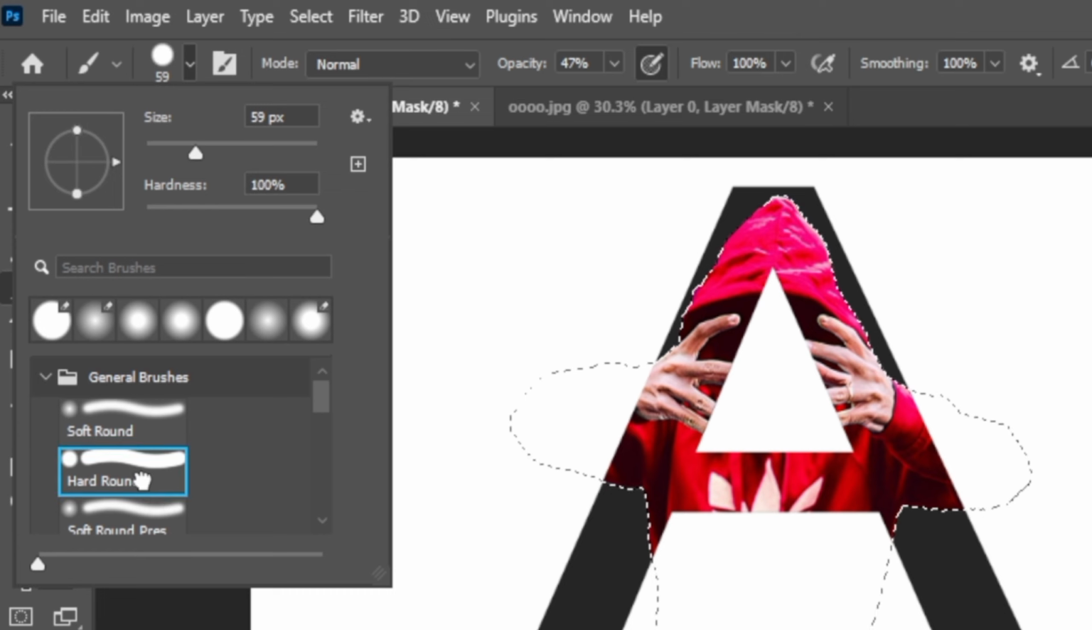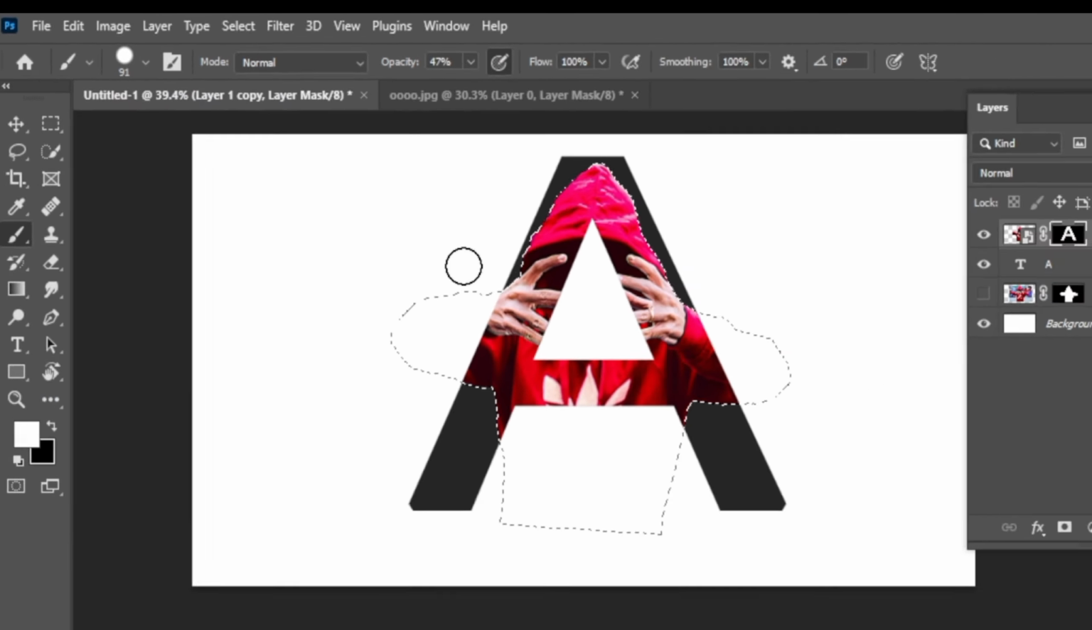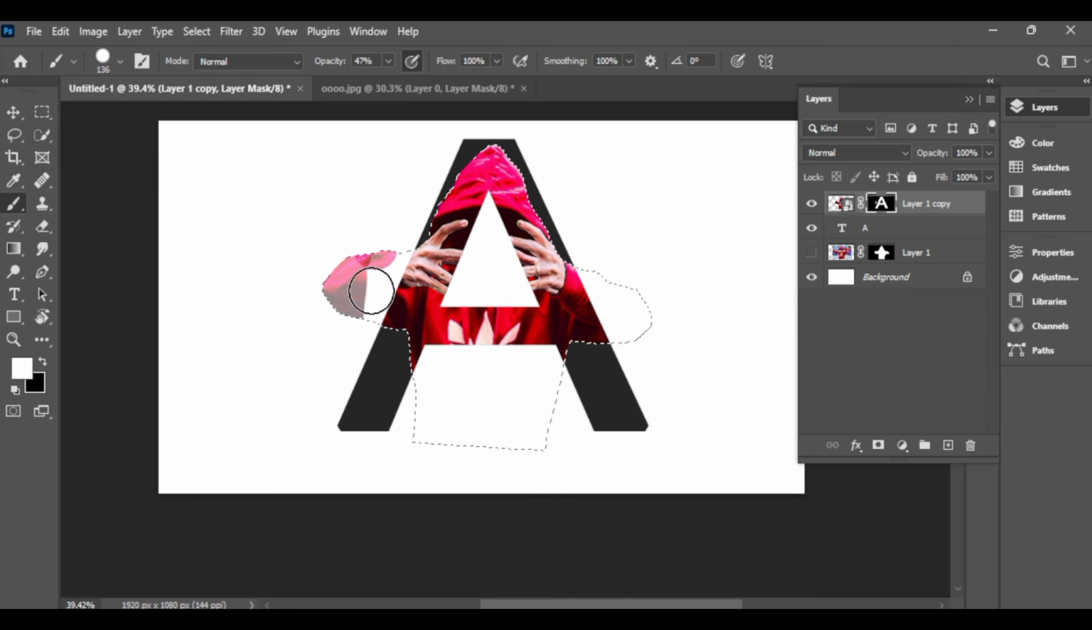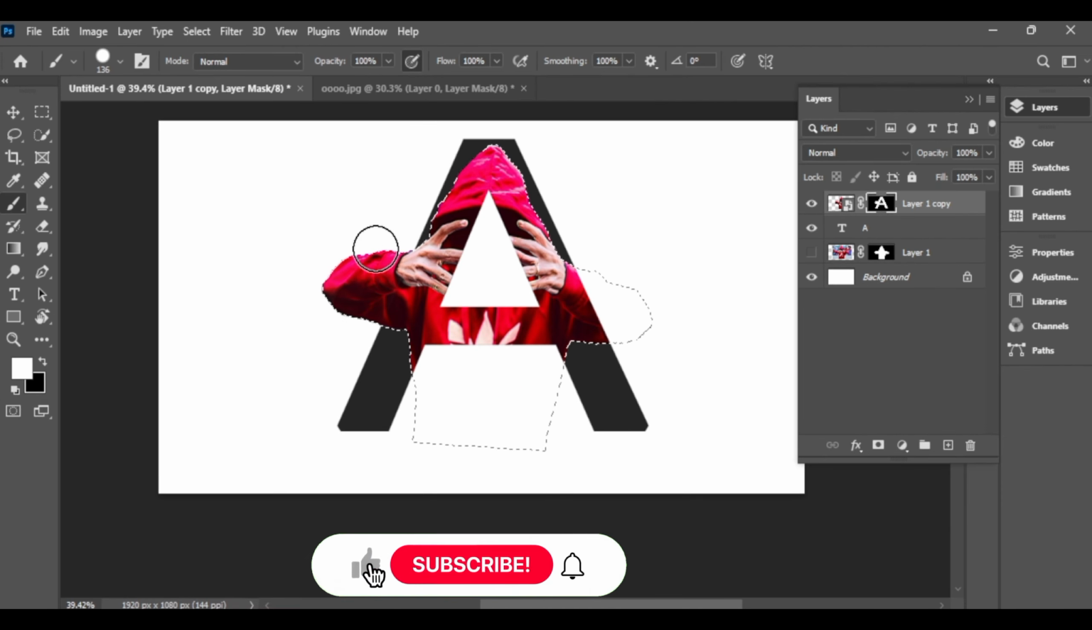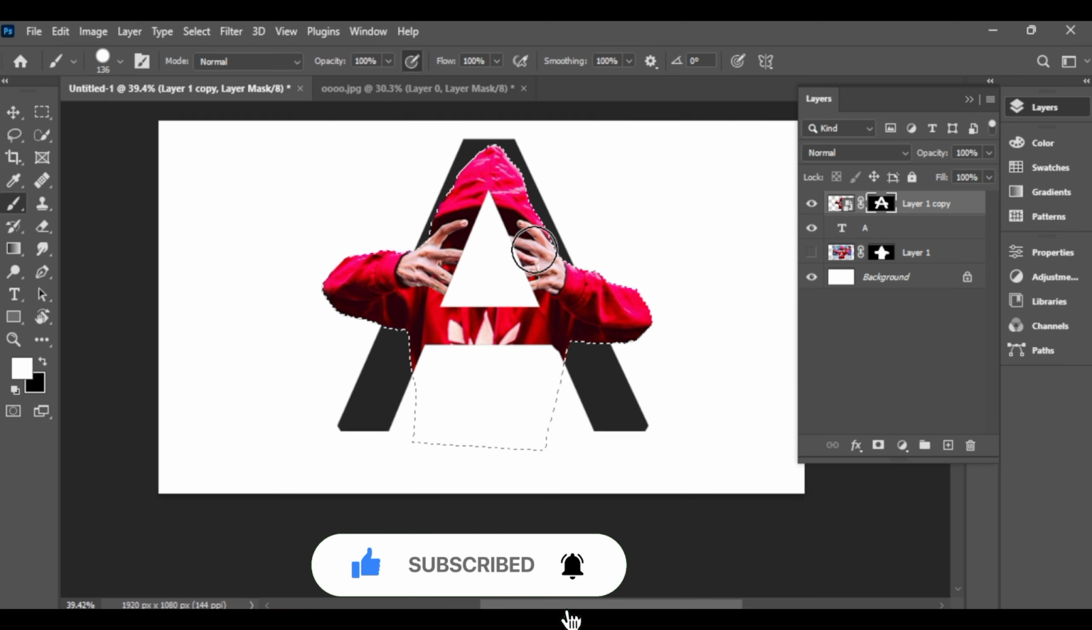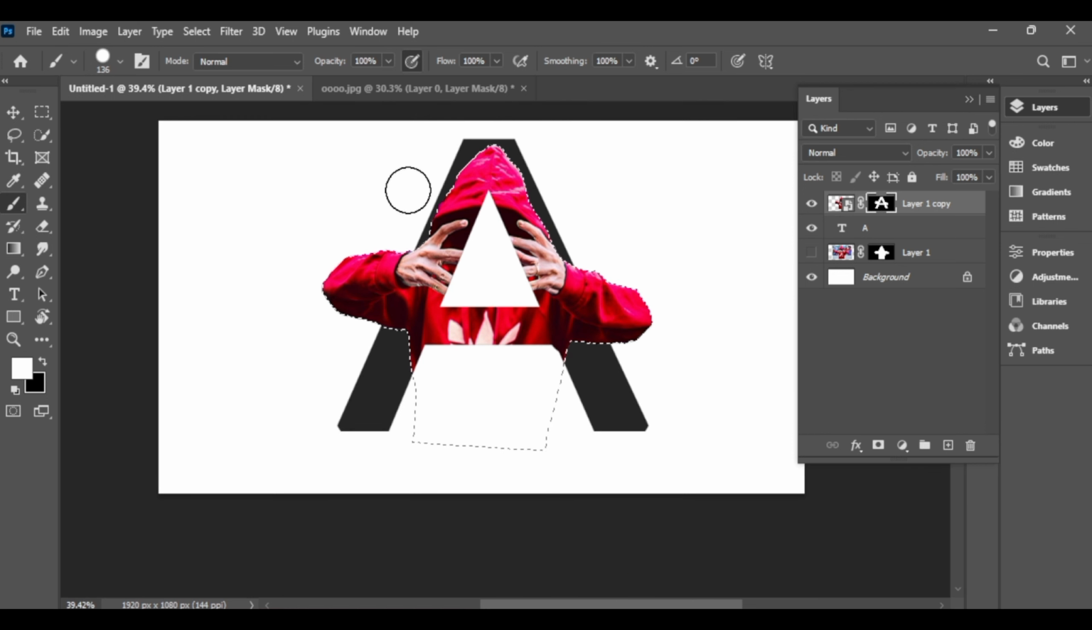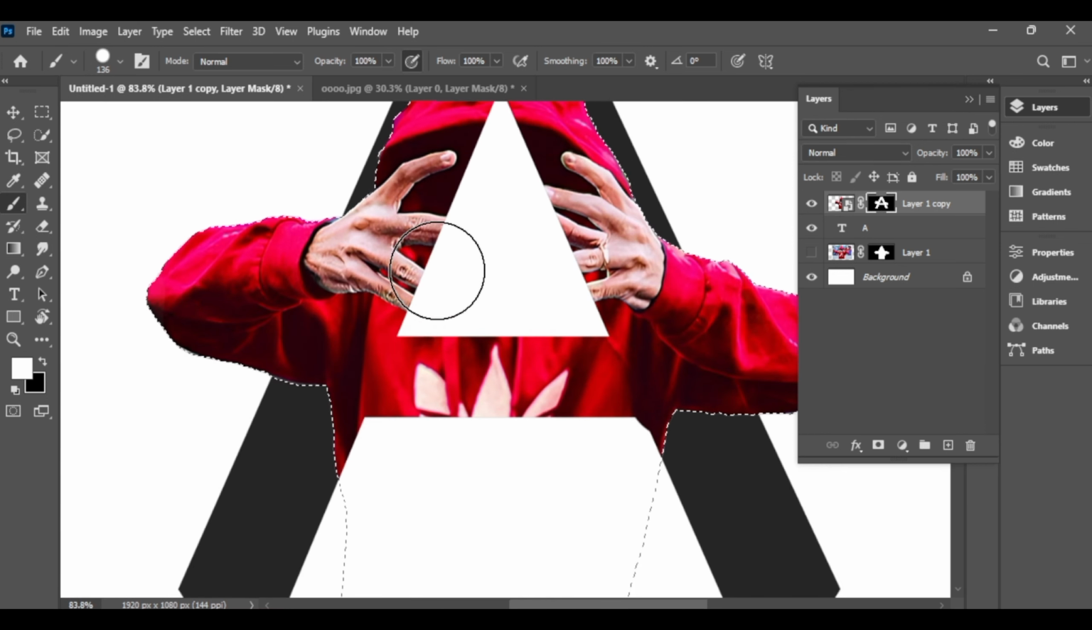Then select Hard Round. Now brush. If it looks like this while brushing, then make the opacity 100% and flow 100%. Then you brush thoroughly. Next, we need to fix the fingers that are not visible in the image that have